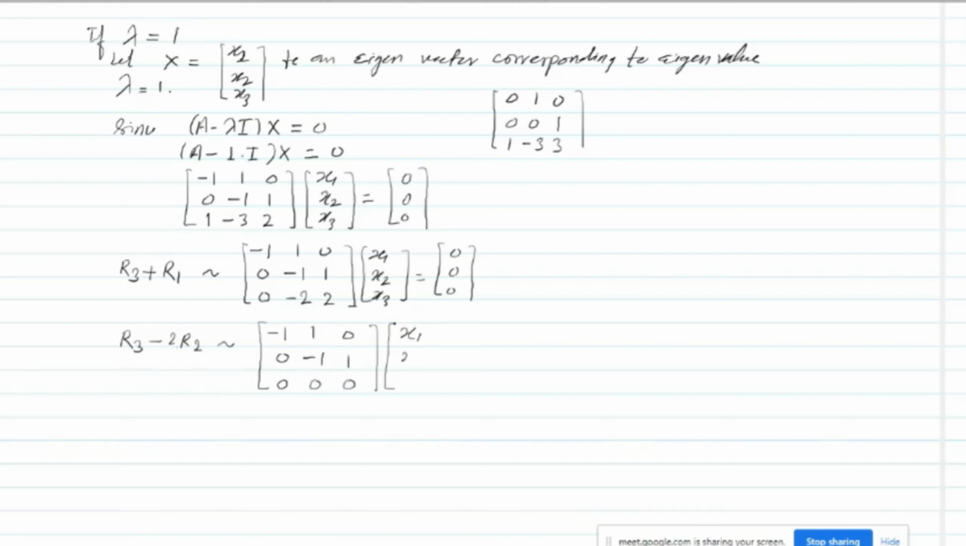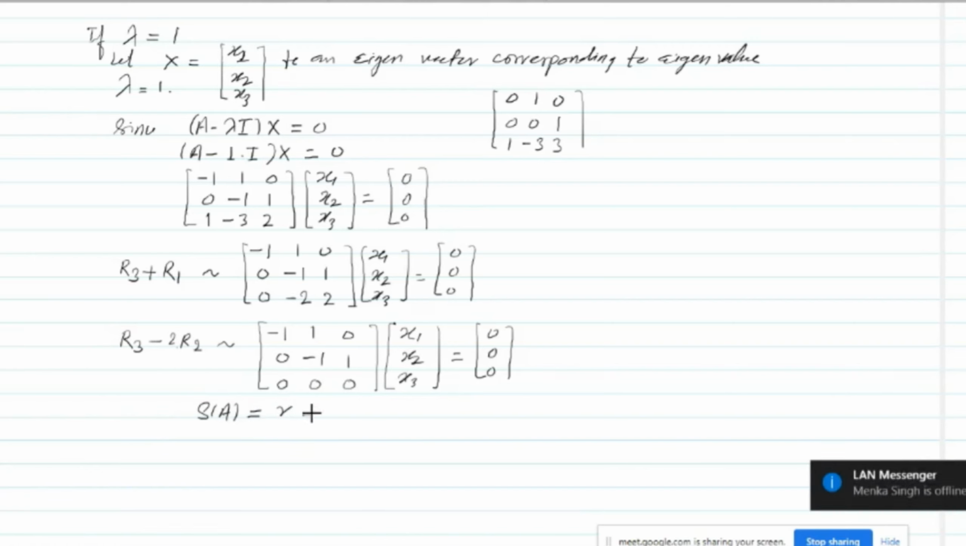Into x1, x2, x3, and this is equal to 0 0 0. What is the rank of this matrix? There are two pivot elements. First one is minus 1, second one is minus 1. So the rank of matrix A is R equal to 2. And how many variables are there? The number of variables is